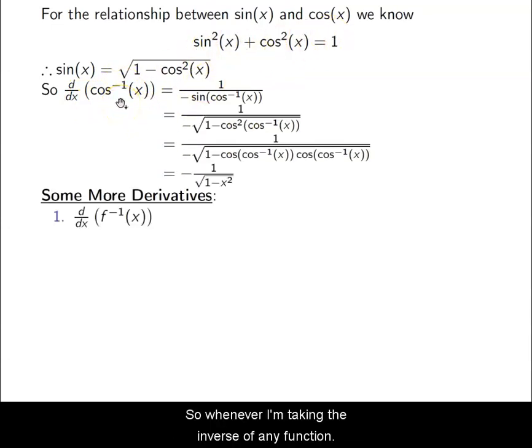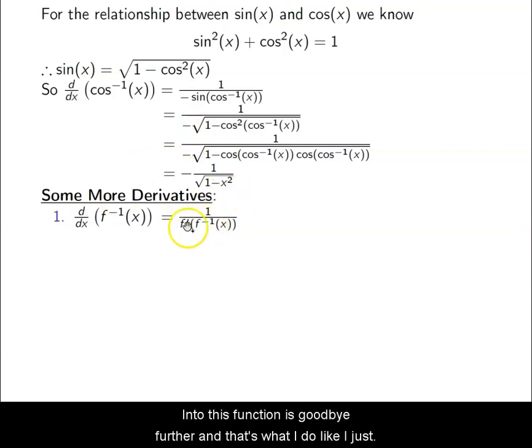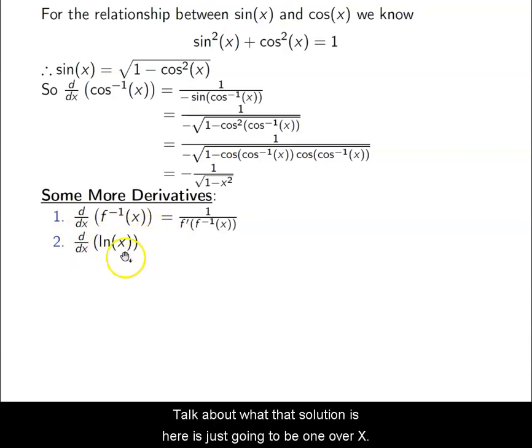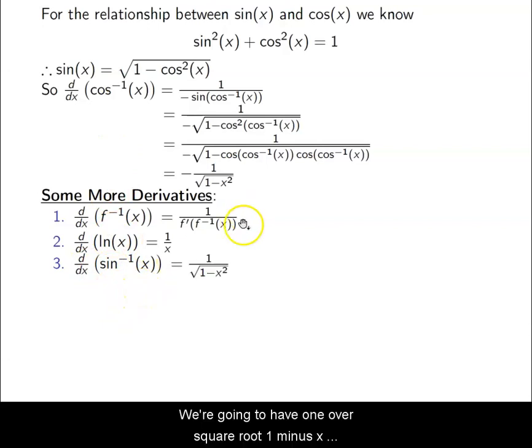So some more derivatives. Whenever I'm taking the inverse of any function, this is the formula that I use. If I have to substitute into this function and simplify further, then that's what I do, like I just did. I didn't show you natural log, so we'll just talk about that solution: it's just 1 over x. For sine inverse, getting into the trig functions, we have 1 over the square root of 1 minus x squared. Cosine inverse is the same thing, but